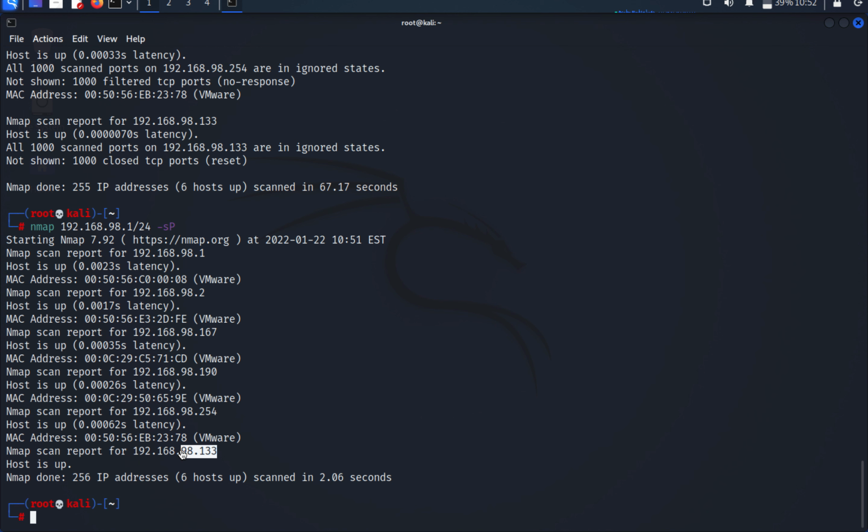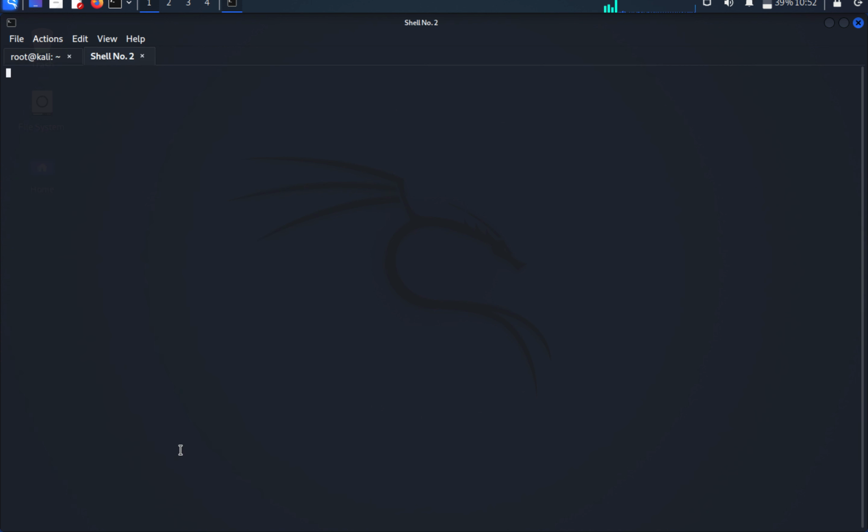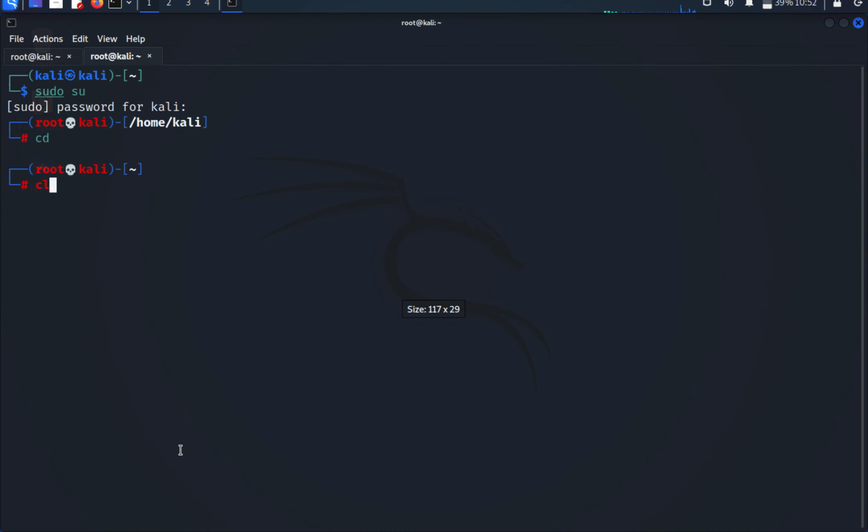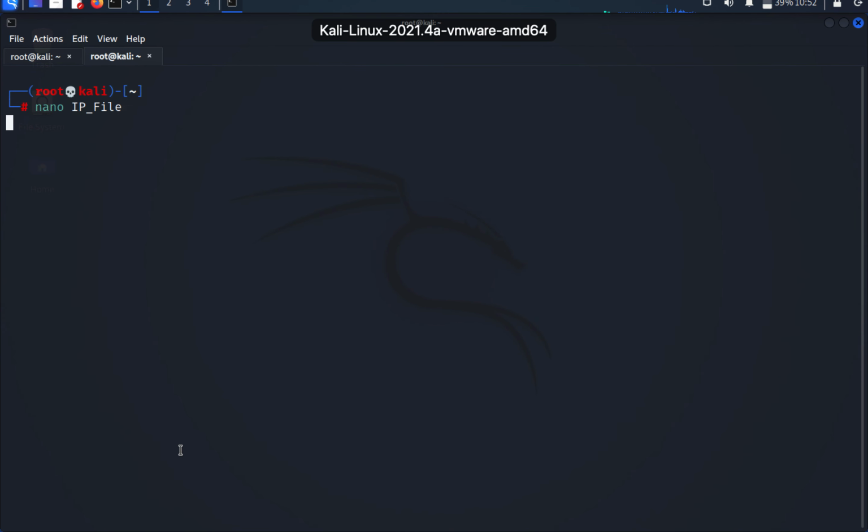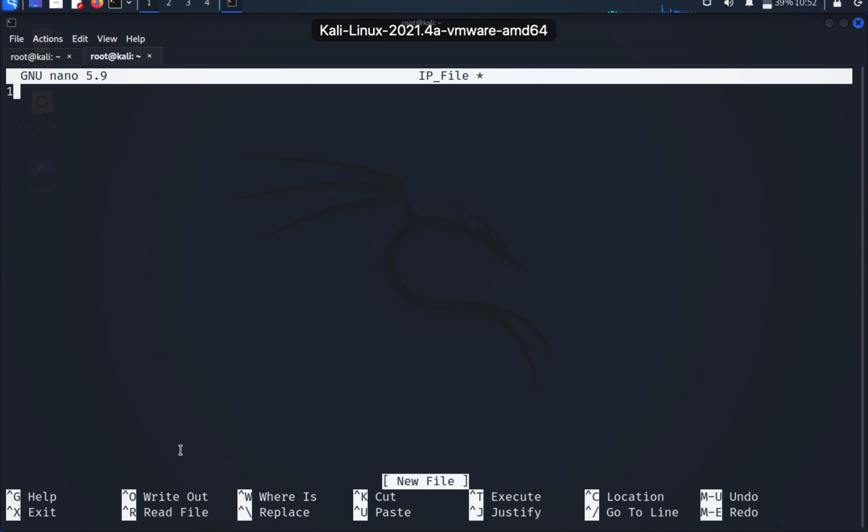If I know we have only specific IPs, I will create a small file for these IP addresses and scan from that file. So let's create a file in the system itself. nano ip_file. I am going to write the IP addresses inside the file, that is